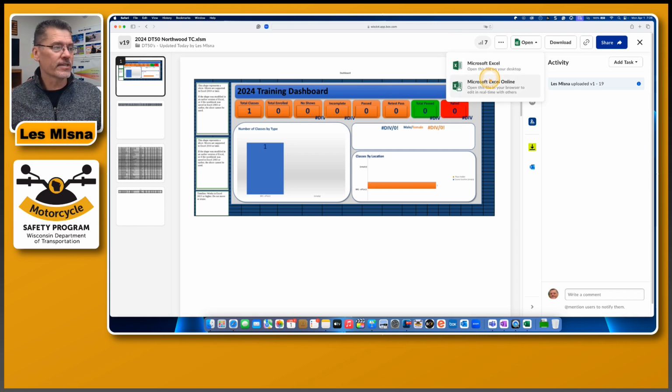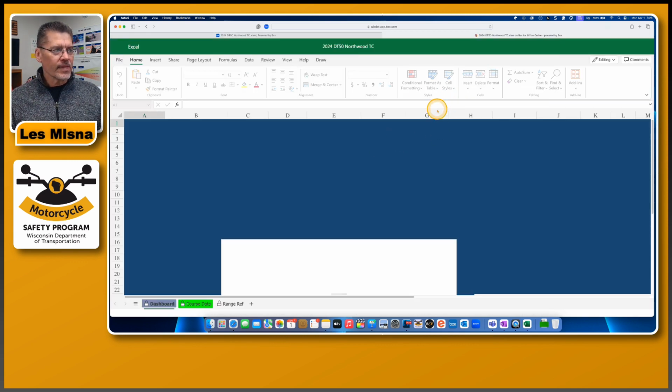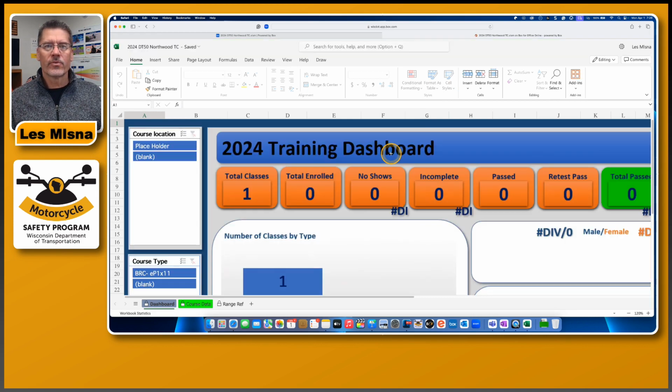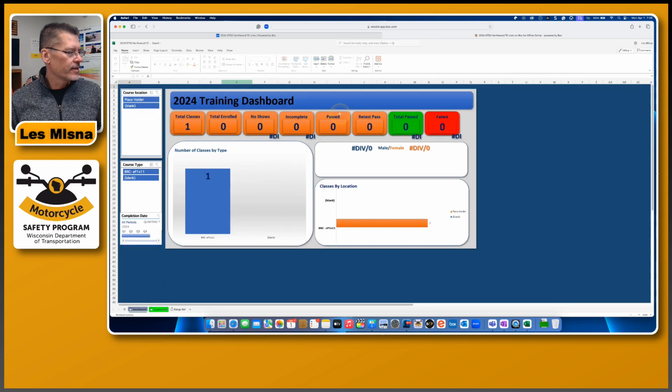So for this particular example, to start off with, I'm just going to open up Excel Online. When I click on that, it's either going to open it up right here for me, or it might open it up in a new tab, but ultimately it's opening up this dashboard here. Let me make it so it's a little bit viewable. All right. So our dashboard, I've shown you this before in previous videos, but basically on the left-hand side here,